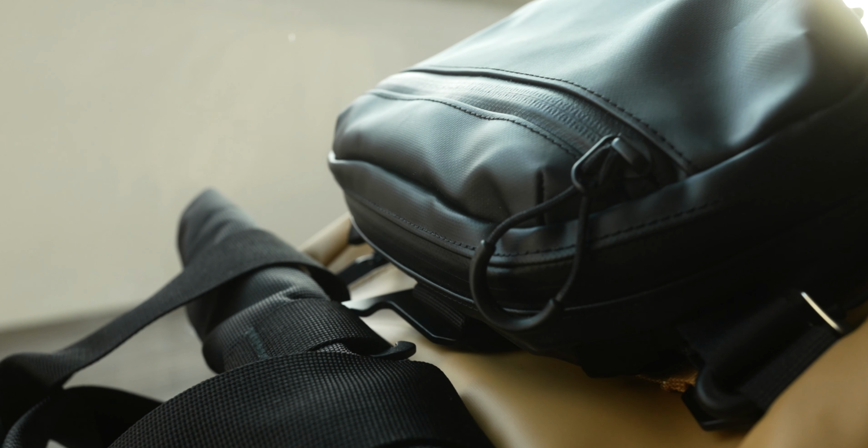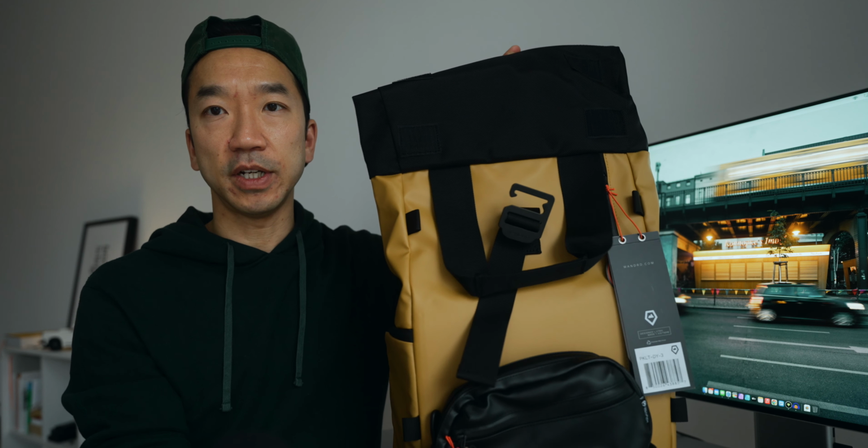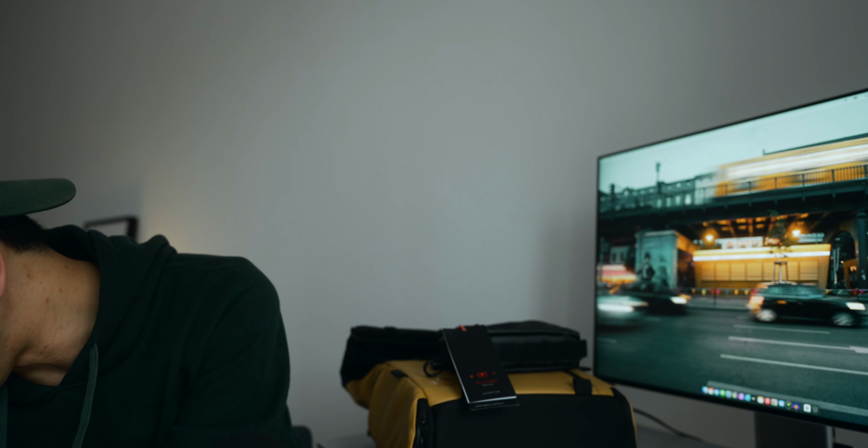And it's stuff that you will need access to quickly, but you don't always want to jump into your bag. And I think this black breaks up the yellow quite nice. So you can mount it here or you can mount it here. I think that looks pretty cool. And then also,